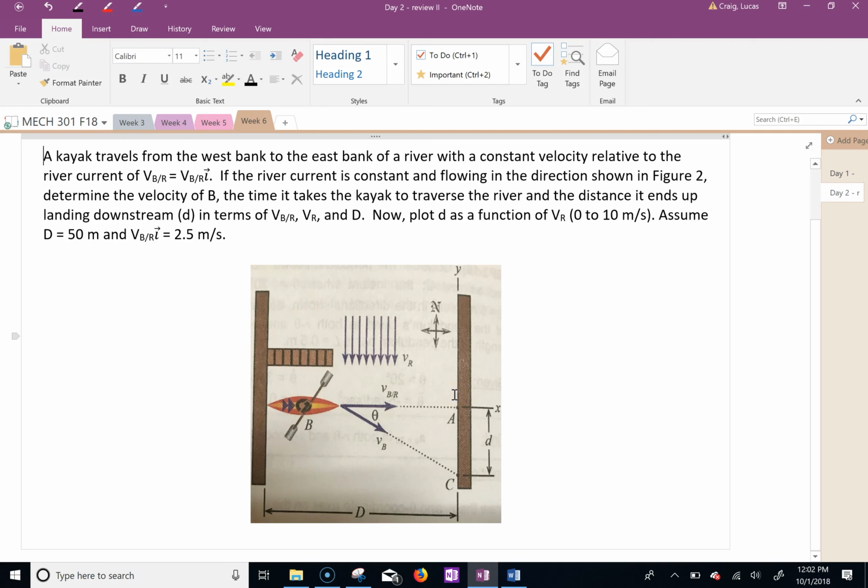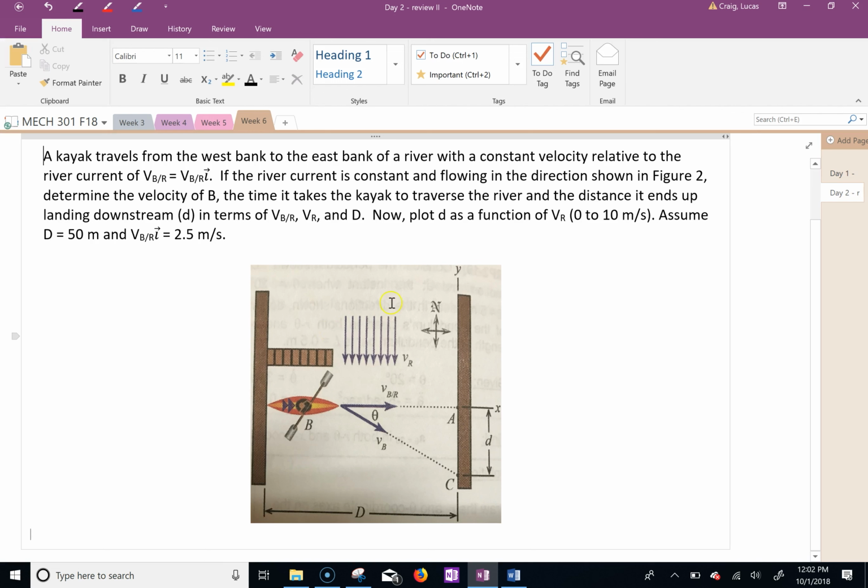All right. So first practice problem. You have a kayak that travels from the west bank to the east bank of the river with a constant velocity relative to the river, which we'll call VB/R, and that's going in the i direction. If the river current is constant and flowing in the direction shown,